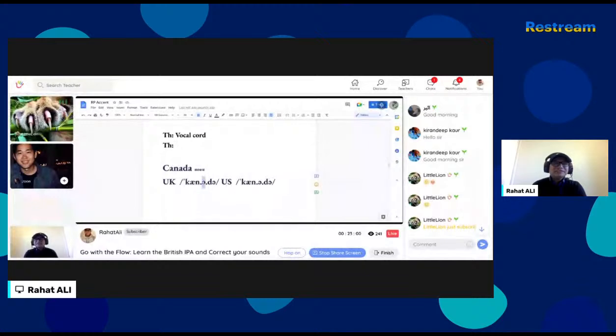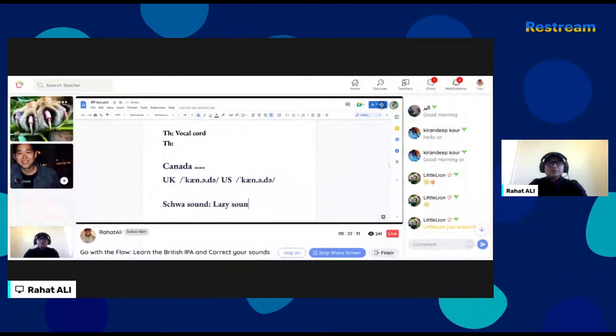Now the reversed E, before D and after D, is called the schwa sound. It's very hard for a lot of learners. So what is the schwa sound in English linguistics and phonetics? The schwa sound is a lazy sound